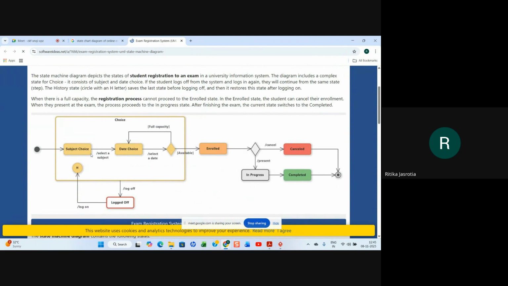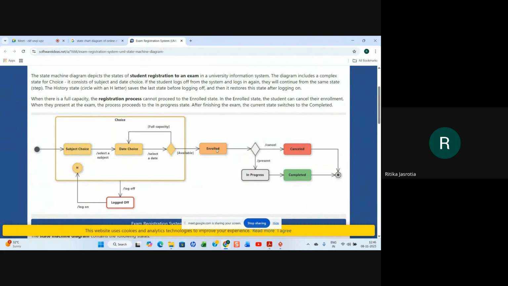First subject choice. When you are registering for a particular exam, you will select the subject choice. You will select the date. Then you will see if the seat is available on that particular date or not. If it is available, you will get enrolled. If it is not available, full capacity, you will choose another date. You will come back to this only, right?